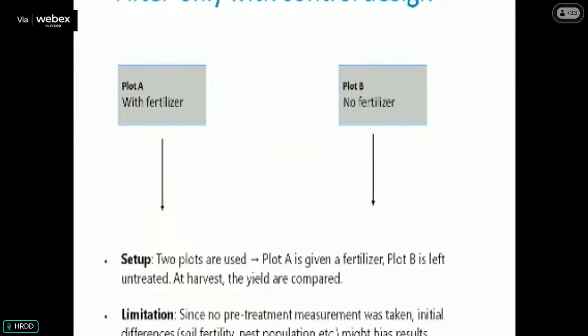Limitations: since no pre-treatment measurement was taken, initial differences, soil fertility, pest population might bias the results. So here, rainfall will not be a factor. Okay, season will not be a factor because it is the same time, so the time effect is reduced or removed from your